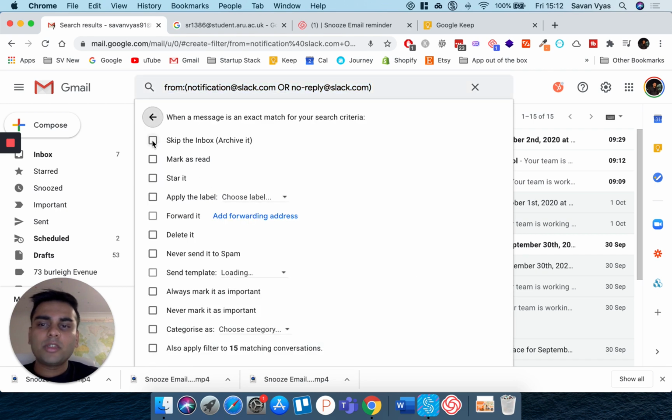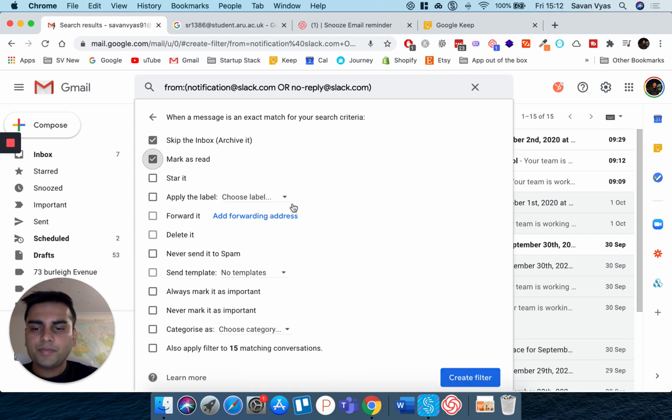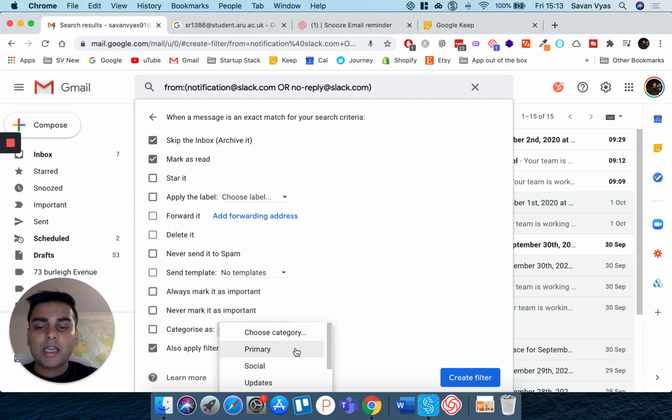And what I want to do is I don't want to see them, so I'll just skip the inbox. I'll mark them as read. Obviously I can choose to delete it as well if I wish. And you can see you can also apply it retrospectively on your past email. So I'll just say apply to these existing 15 emails as well,